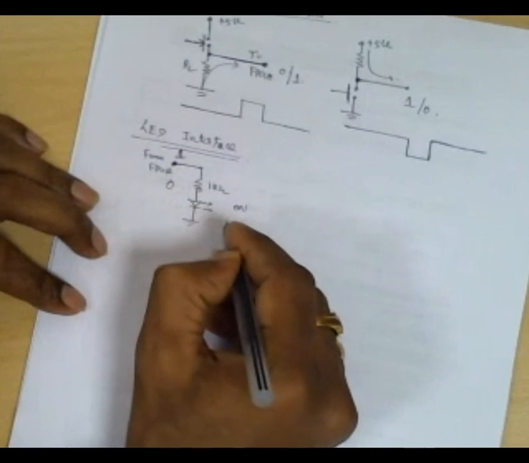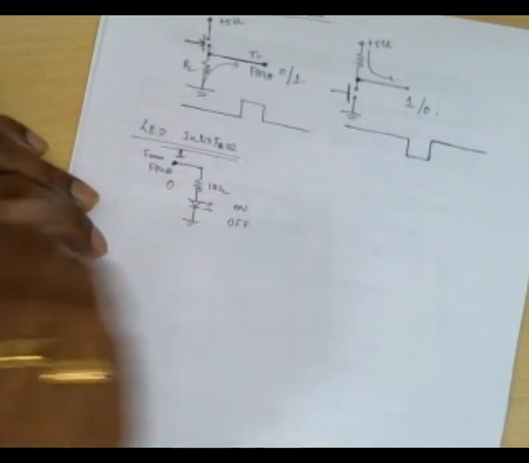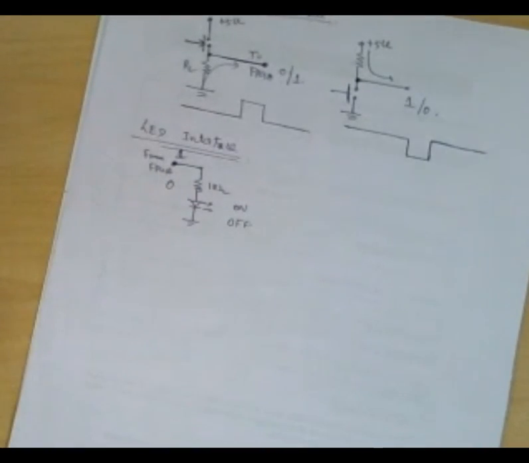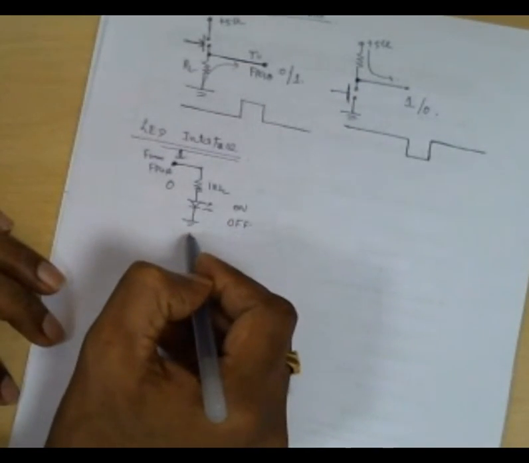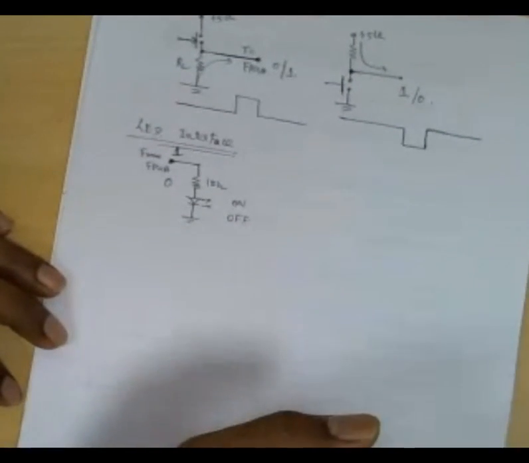If you force 0 here, then your LED is off. Your LED is off now, because the anode of the LED is connected to the FPGA through the resistance. The resistance, you can keep here or you can keep here, because it will be the series resistance, that's all. You can keep it before or after. It should limit the current. That is the intention.